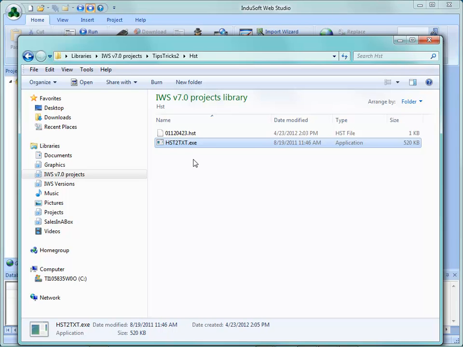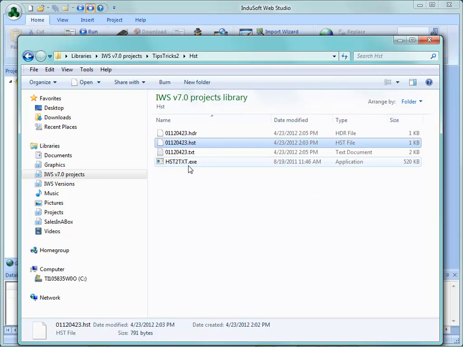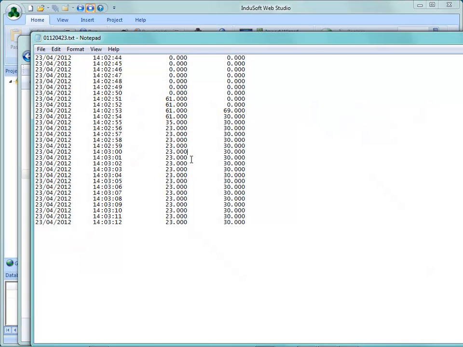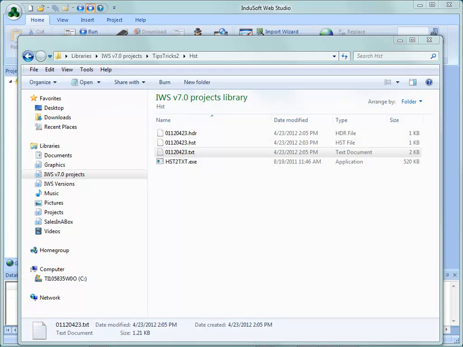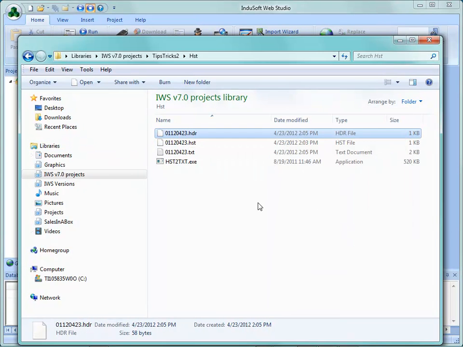There's a script function itself that does the same functionality of this, or even easier, if I wanted to, I can, using my mouse, drag and drop this onto the executable, where it will then execute and give me back the text file with the values of the data, and the header file, which actually has the tag names in it. And if I open this with Notepad, let's say, it's just going to have